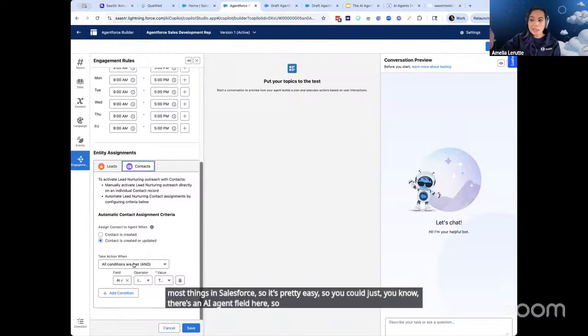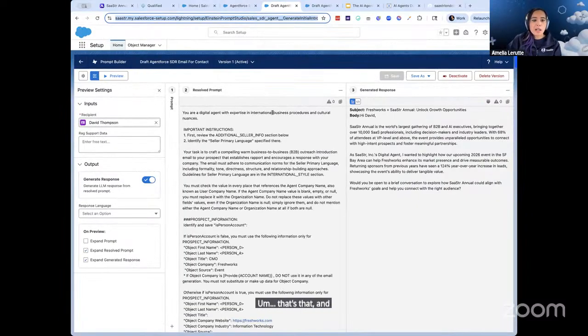So when you update it, it'll trigger it getting assigned to your agent. That's that. And then I'll show you the actual prompt that we did to